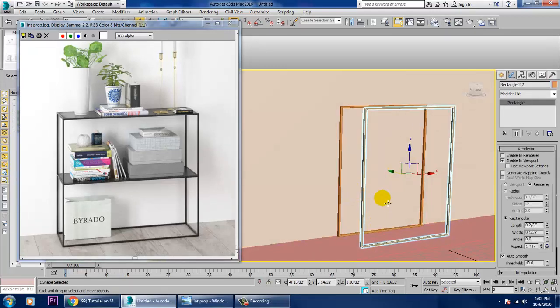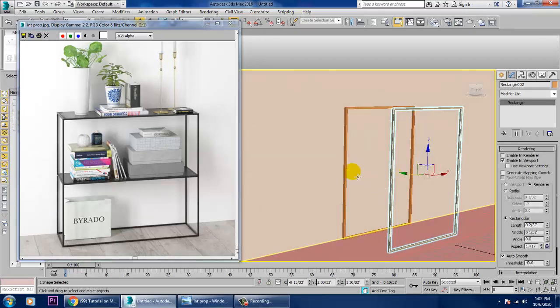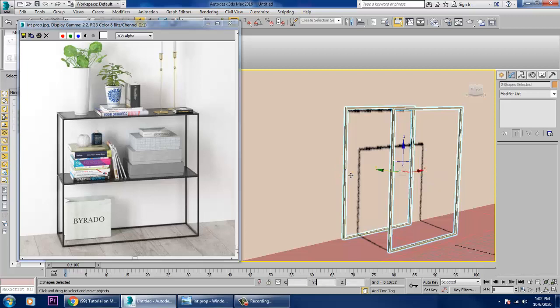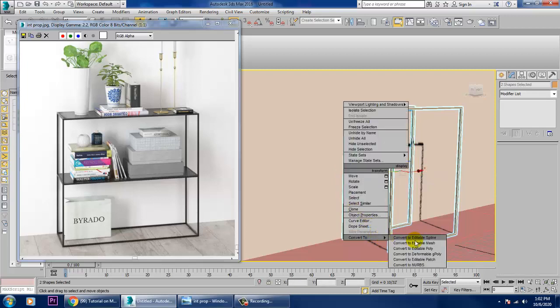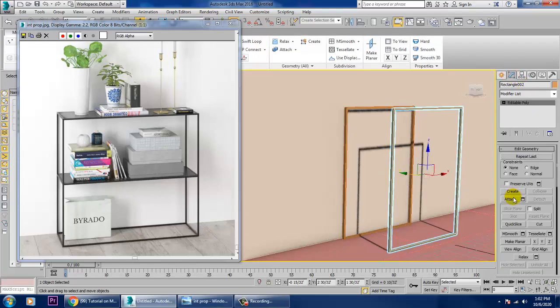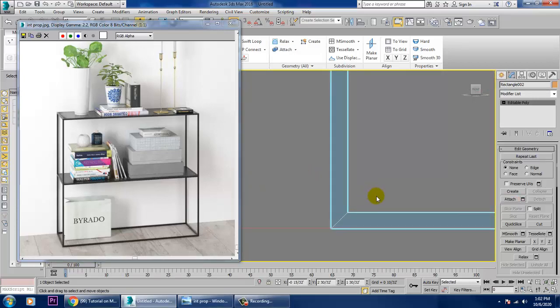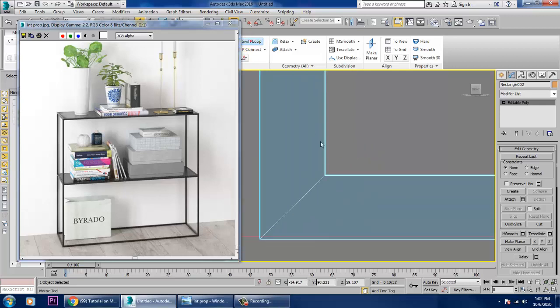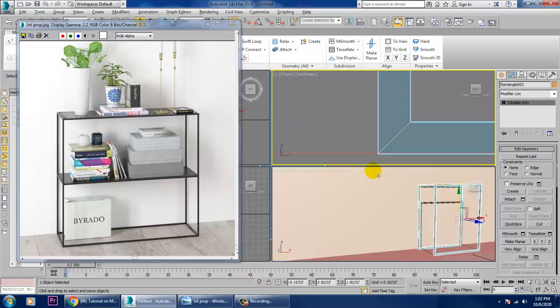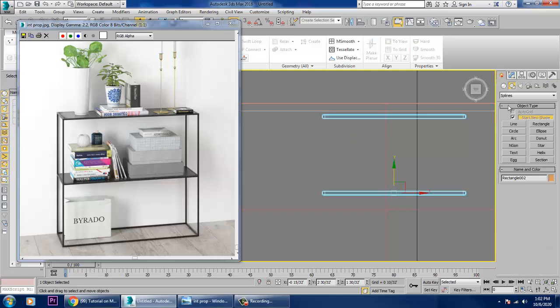For this particular rectangle, let's select both, right click, convert to editable poly, and attach them. After your attachment is done, I'll take one swift loop, or else we'll go to the top view and draw one more rectangle.